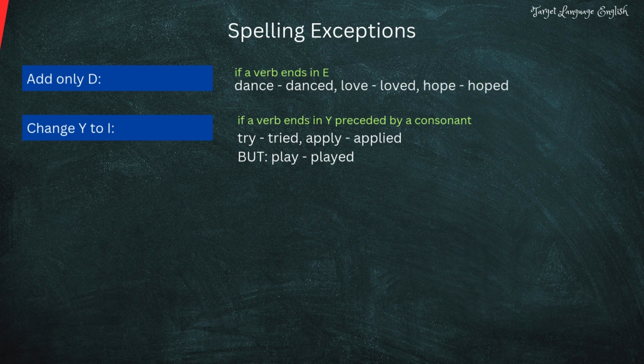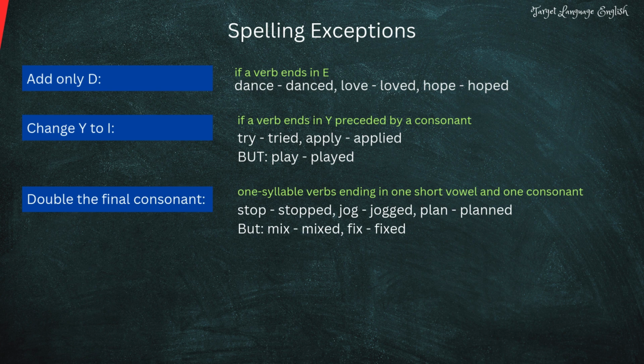To form the past participle, we need to change the y into i and then add ed. Try, tried. But if there is a vowel in front of y, we keep the y and simply add ed. For example, play, played. One-syllable verbs ending in a single short vowel and a single consonant double the final consonant